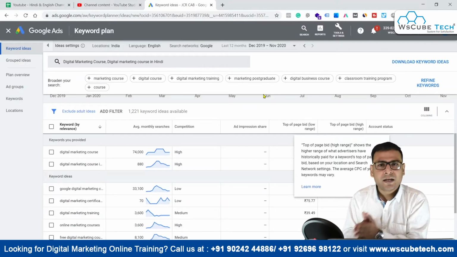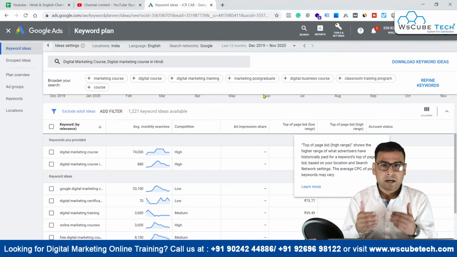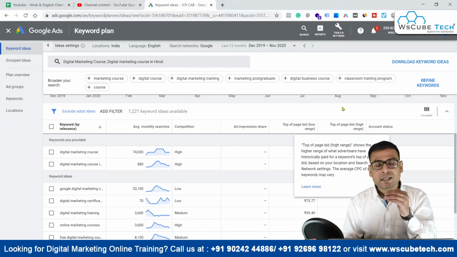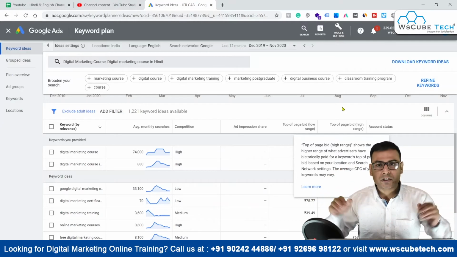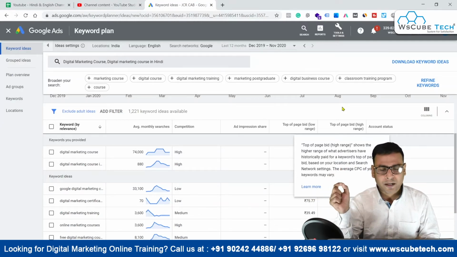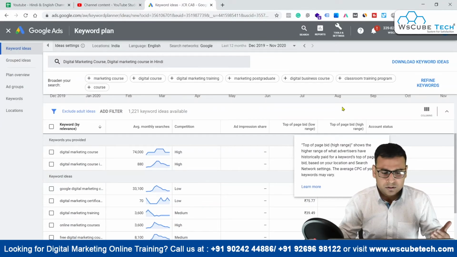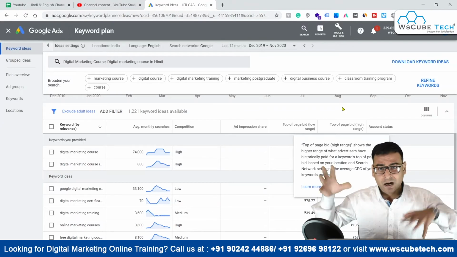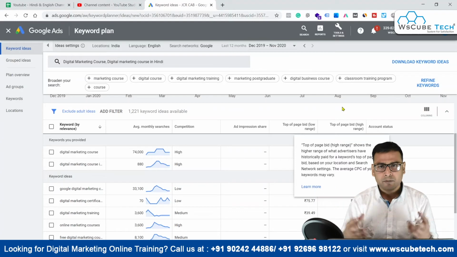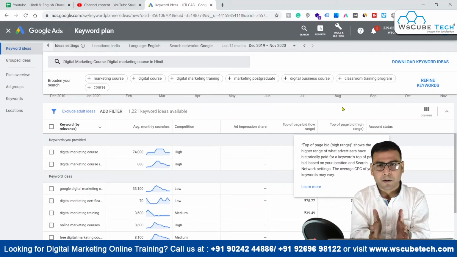But there can be cases when we and our competitors both are bidding very aggressively, or both are looking to advertise on Google. In those specific cases our top of the page bid will be high. So there is variation. We cannot say that it will remain constant throughout the time. So right now as we are talking about this last 12-month report, we cannot say that our top of the page bid, the low range or the high range, will remain constant at every time throughout the day, and every time throughout the year we'll be paying the same amount, same CPC.